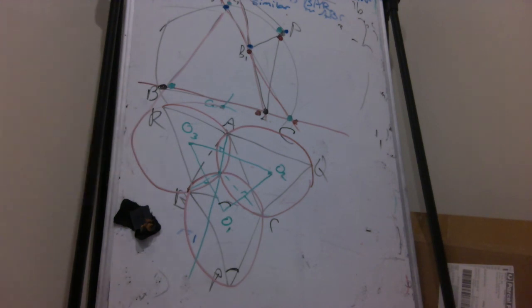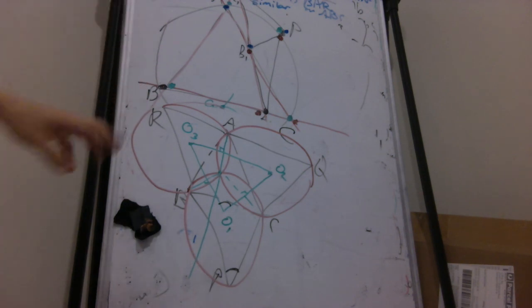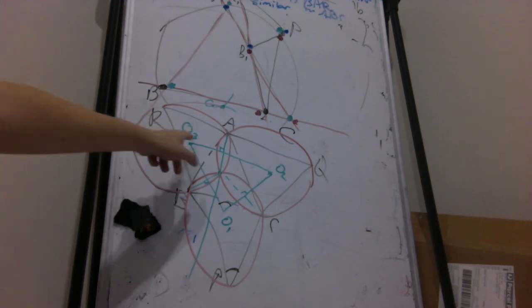It's almost done. So basically, instead of putting P on that side of BC, you put it on the other side of BC, right? So if you put P, Q, and R on the other sides of the triangle, it doesn't mean it's inside the triangle, yeah? It just means that they're on the other side. You can still form the circumcenters, right? And so then sometimes you can get these O's, they're called N's, to be